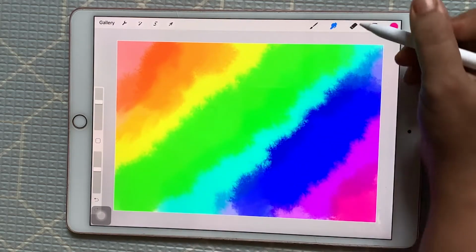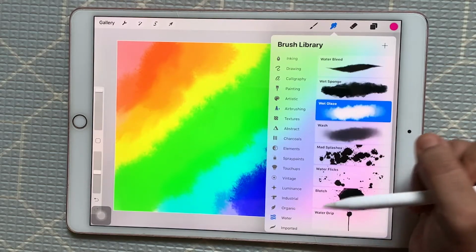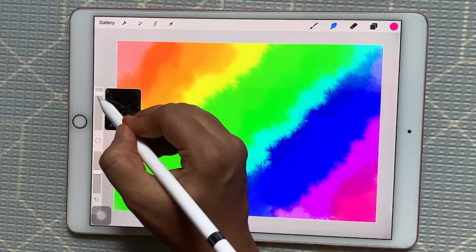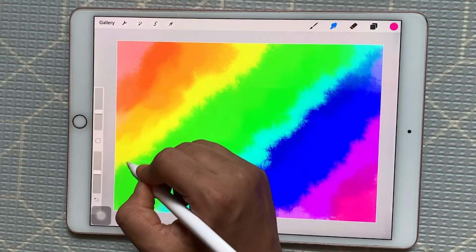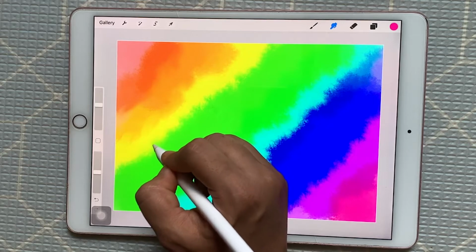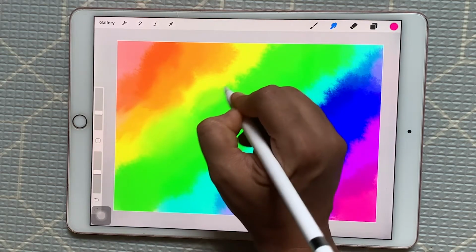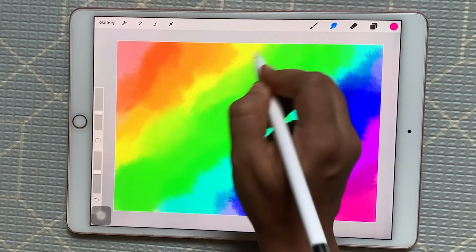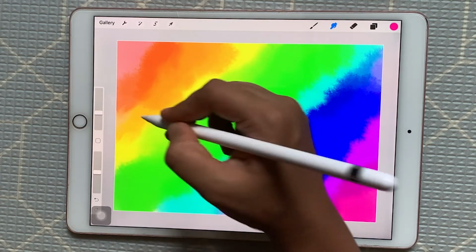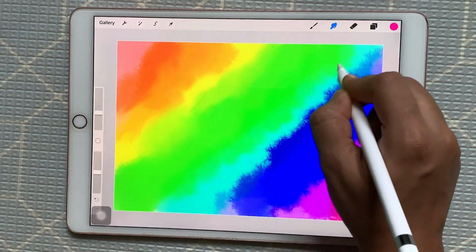And we can select a brush also from here. The same brush if I take, I just need to tap here. So this is how I'm blending my colors, so it looks smooth.